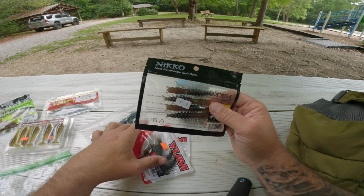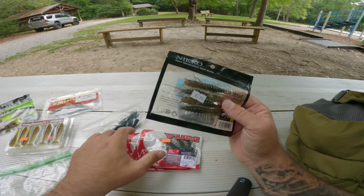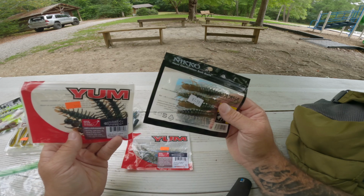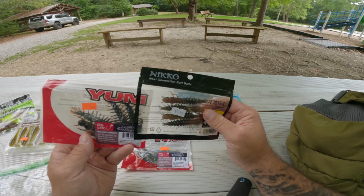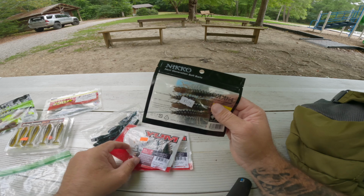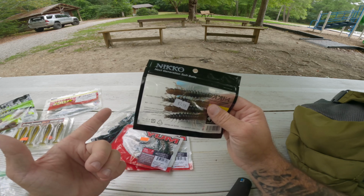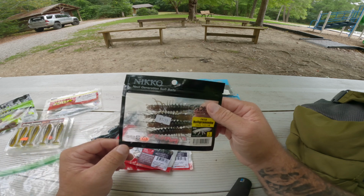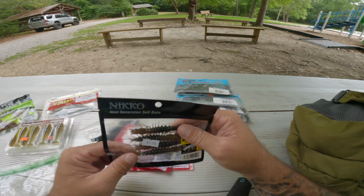you more bites. But if you need to save money, the Yum's a great option, and it does still catch fish, but I feel like I get more bites when I go to the original Nico Helgramite in this floating Elastec type material. And yeah, I mean, that's